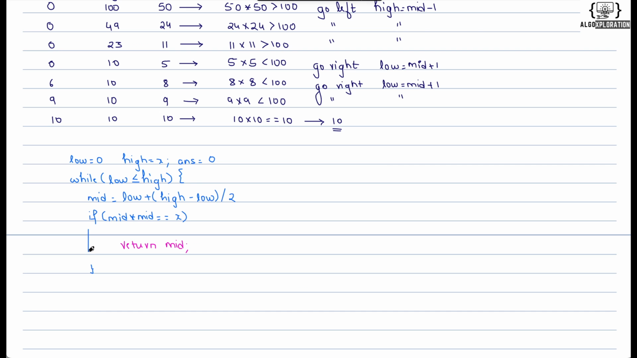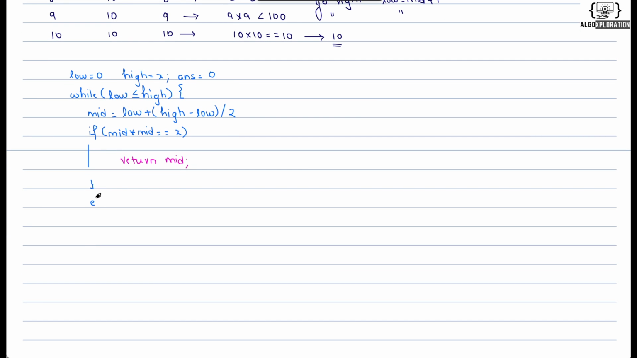Okay, otherwise here there will be an else if mid cross mid is greater than x. Okay, if it is greater, so obviously the value is much greater than x, right? So we have to go on the left hand side. So high will be mid minus 1 because we are going on the left hand side. So going left, else